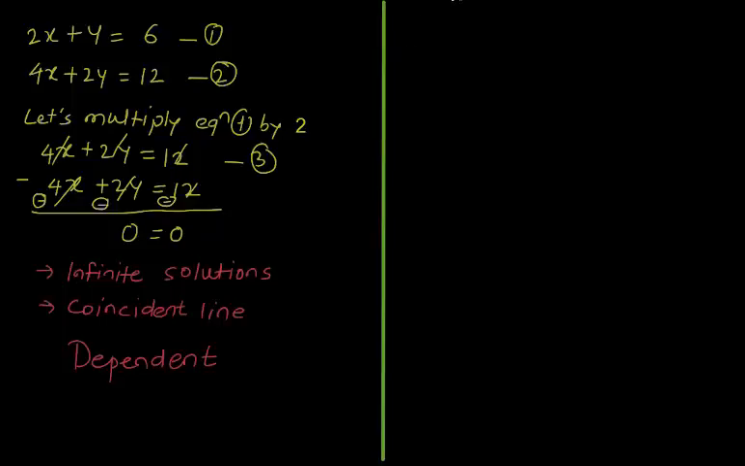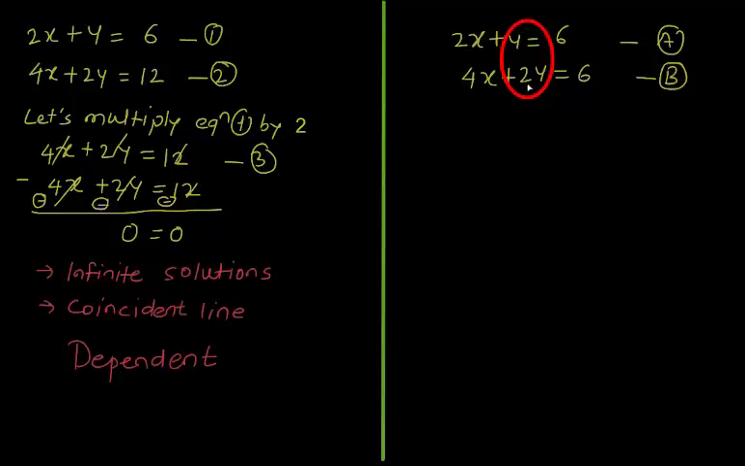Now let's discuss another case. The linear equations are 2x plus y is equal to 6 and 4x plus 2y is equal to 6. Let's call this equation A and this equation B. To remove variable y from the equation, we have to multiply equation A by 2 and subtract equation B from A. So let's multiply equation A